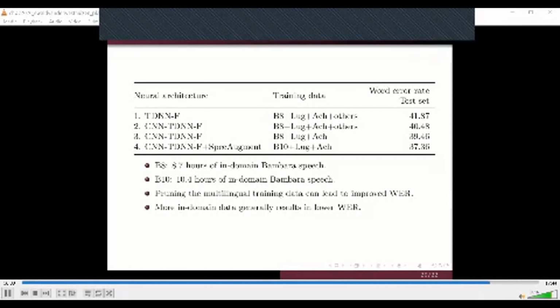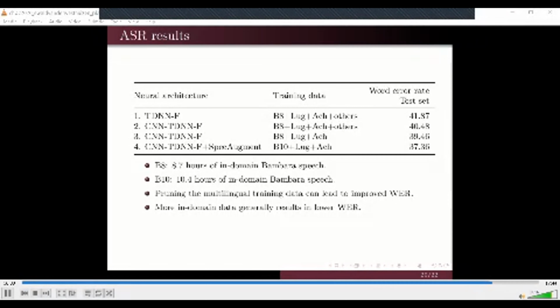If we compare systems 3 and 4, we can see the addition of some more Bambara data as well as the spec augment layer that was added to the architecture. These additions result in a further decrease in the word error rates. Optimizing a speech recognition system can be an arduous task. As shown here, it includes many experimental runs to investigate different model architectures, training set configurations, and hyperparameter tuning. In this respect, a large cluster is an invaluable resource that enables us to do these tasks in parallel.